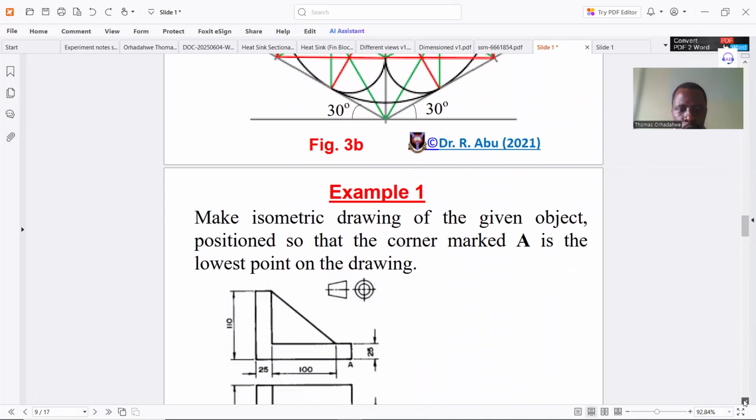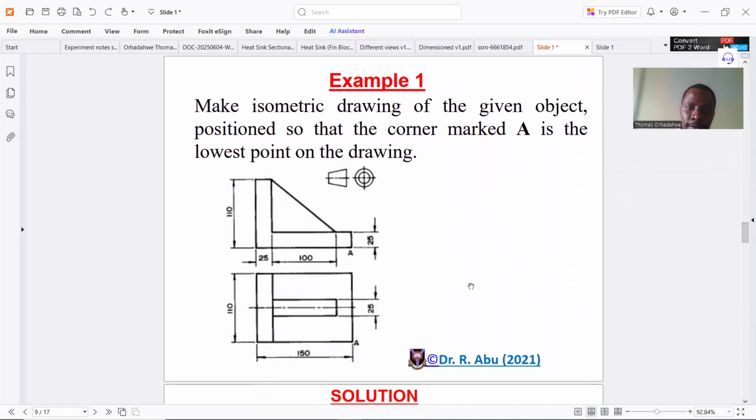Of course, you can be given orthographic, and from orthographic, you can be required to produce the isometric. This is the first angle orthographic projection. So using that,